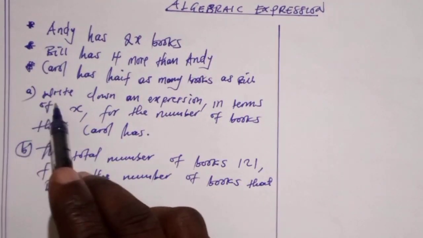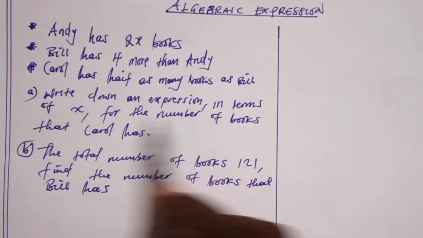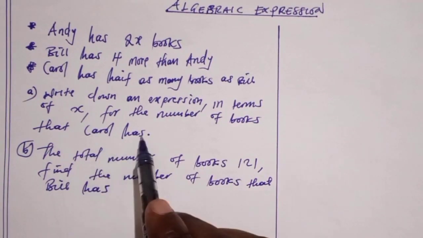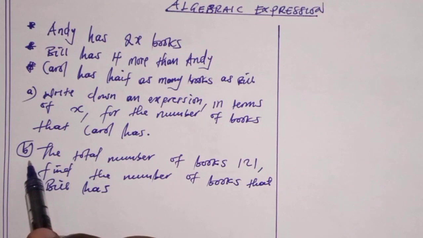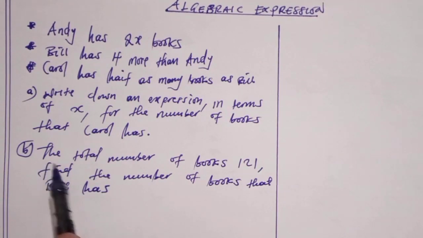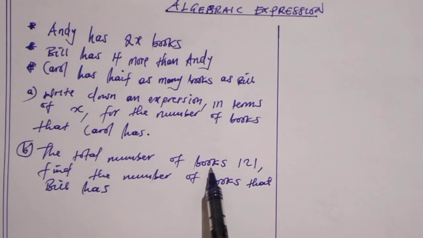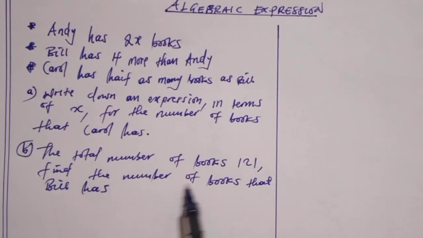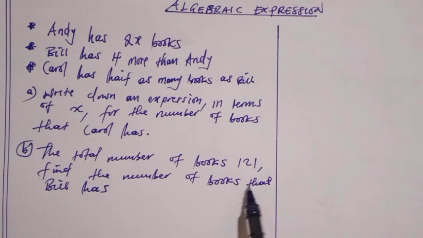So for A, we are told to write down an expression in terms of x for the number of books that Carol has. For B, the total number of books is equal to 121. Then we are asked to find the number of books that Bill has. So for the solution,